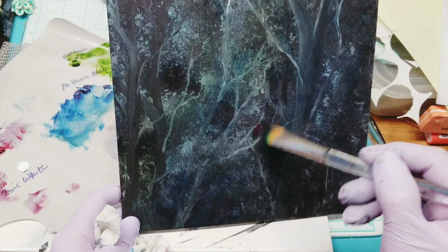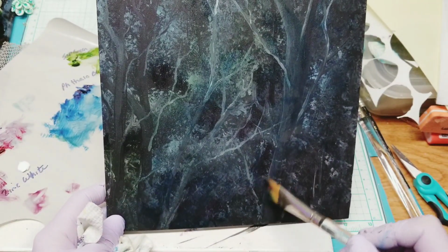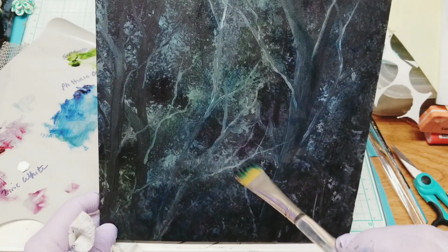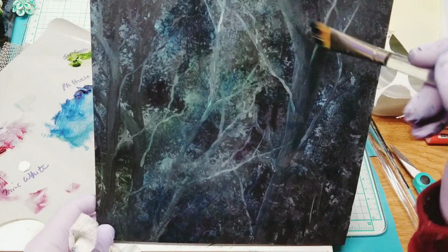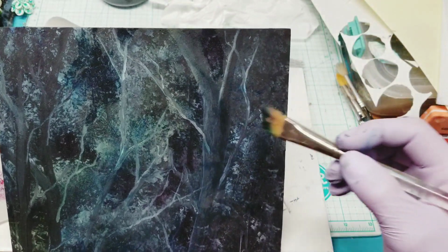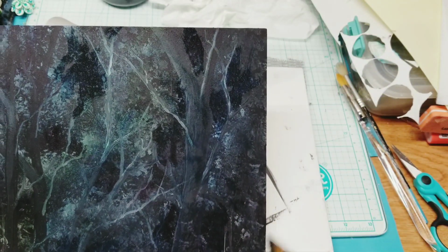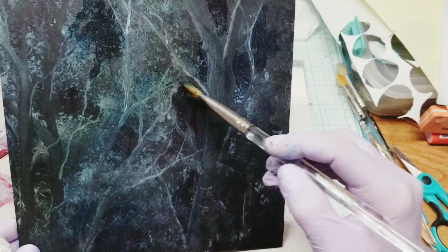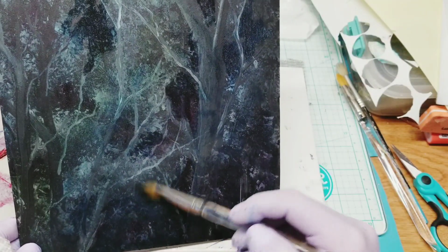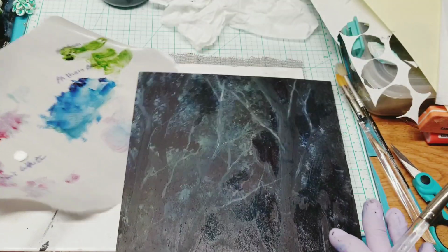So again, you can really just play with this as much or as little as you want. You know, and then stand back and look at it and see from a distance what it looks like. And once this kind of sets up, this will dry quick because it's a thin layer. It'll dry pretty quick. Just a little more red in here. Just kind of scumbling it around. See, if you go too much though, it's gonna...